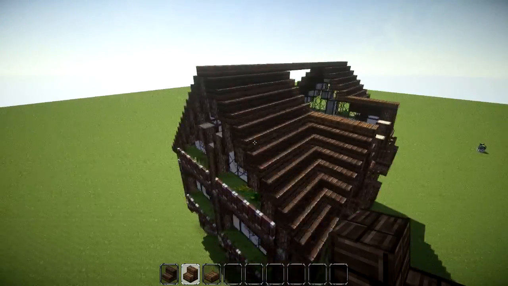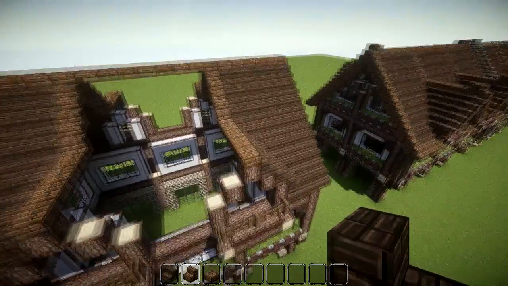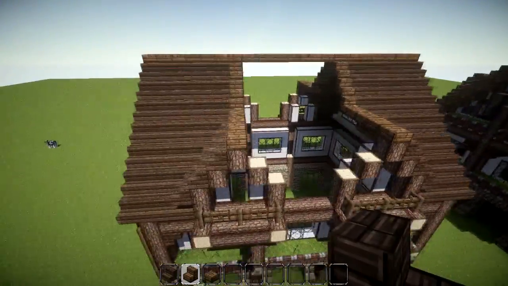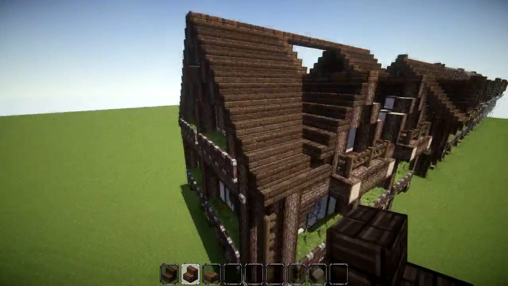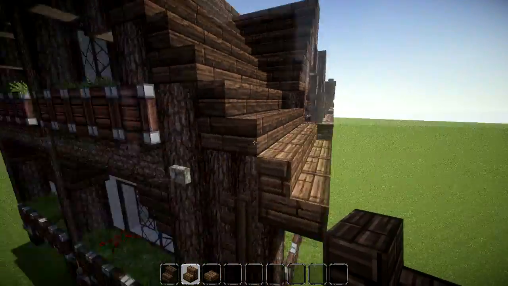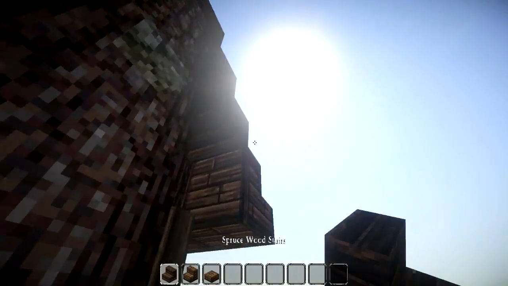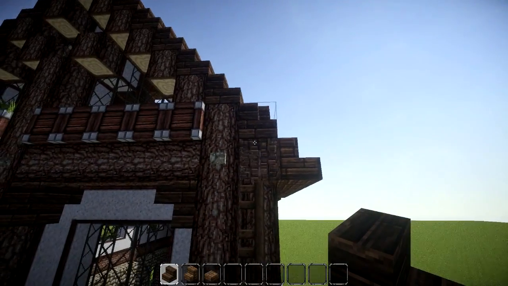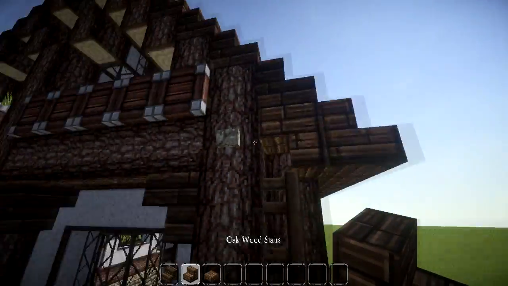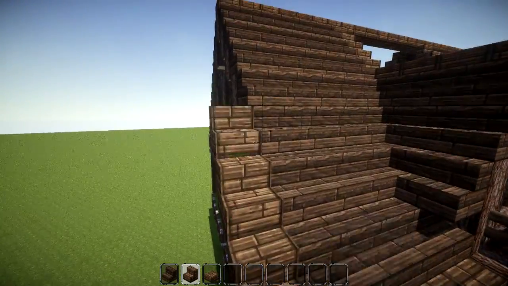Okay, and then once you've got this basic framework, which doesn't really look like a house yet, on these outside parts we'll just grab our trim colour and put them on the outside here. On this one we can actually go upside down like this, with your oak wood, and then we're just going to go on the outside part of this